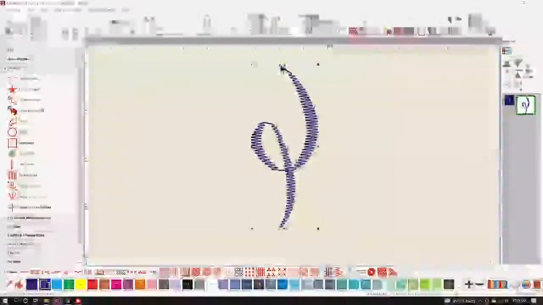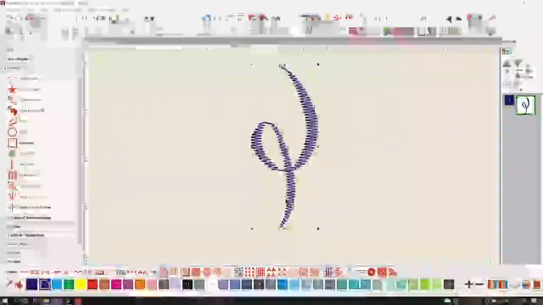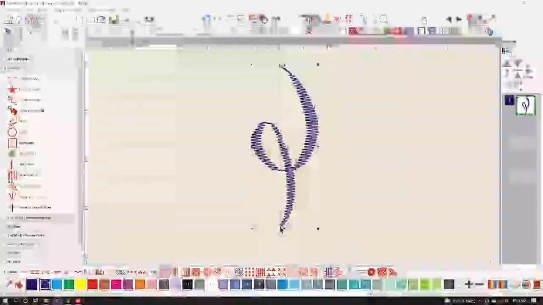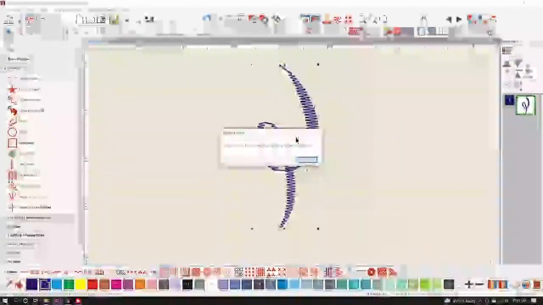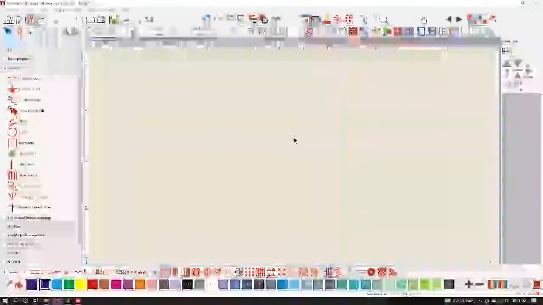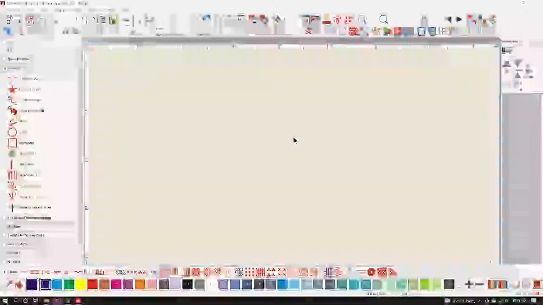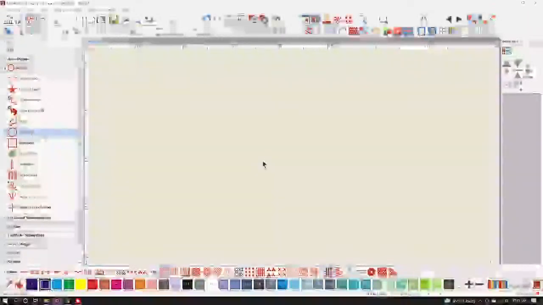And then for my reference line, I'm going to click at the start point. Hold the control key down because I actually know it's straight. And then click at the end point, and I have now created my stitch. So I'm going to go ahead and say OK, and then delete my stitch because it's permanently saved in this install of my software. To use that stitch, I can use my ellipse tool